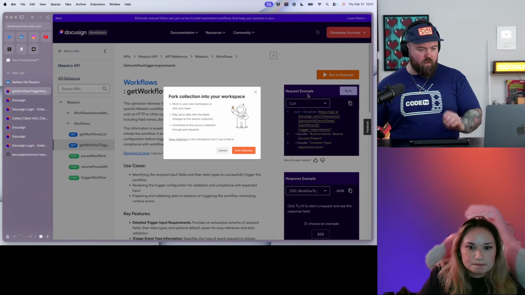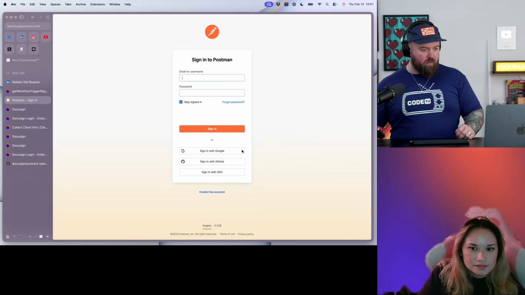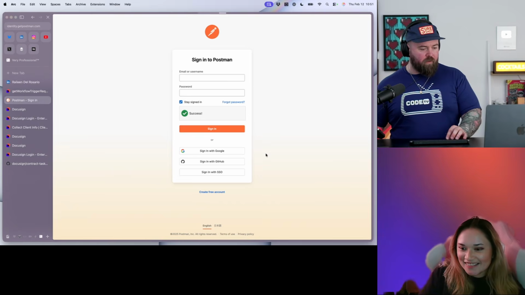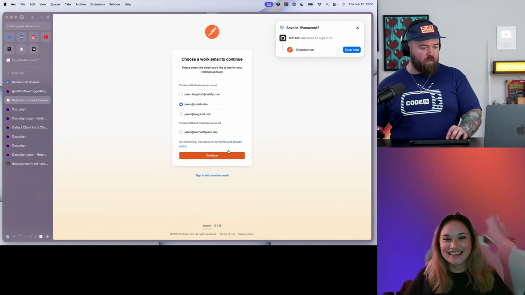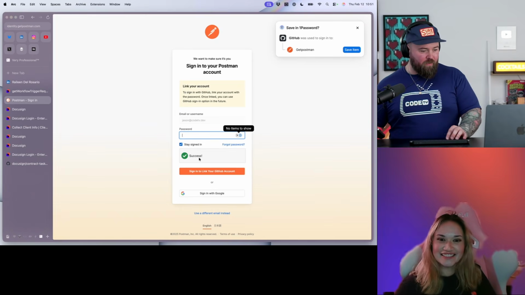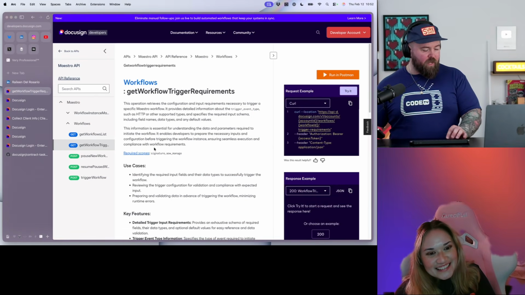And I'm going to need my token. Let me see. Is this going to work easily, or is this going to be like a whole thing? Because I would love for this to just work. I saw Sterling was in the chat, so I feel like if I don't use Postman, I'm going to get hate mail. Oh no, that's not what we're about. Threatening email. How dare you? Okay, I don't know what's going on here, so we're not going to do that.